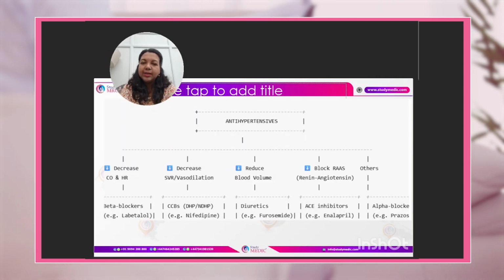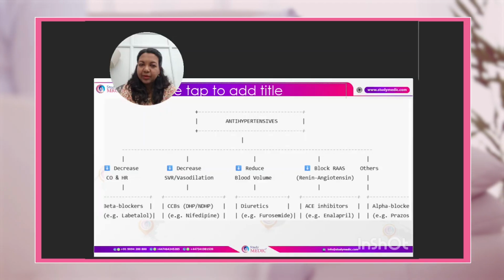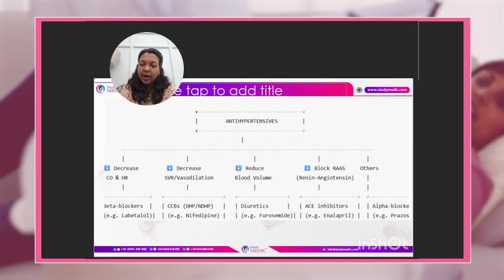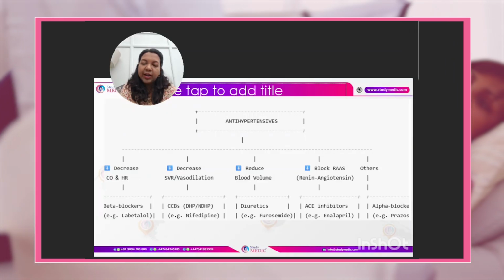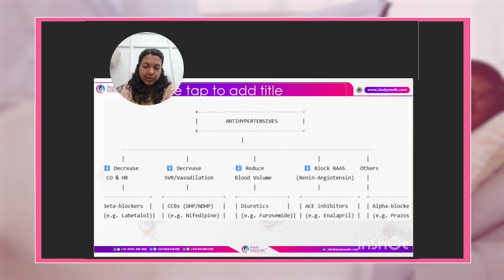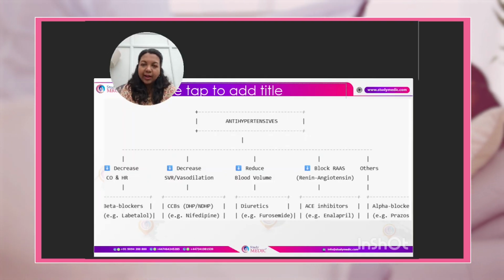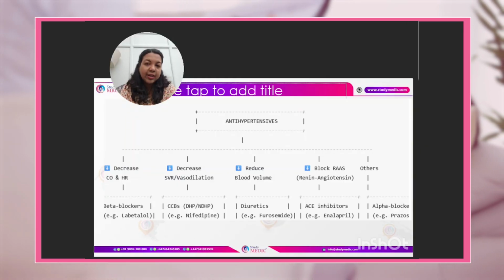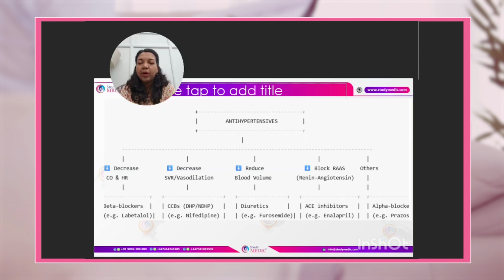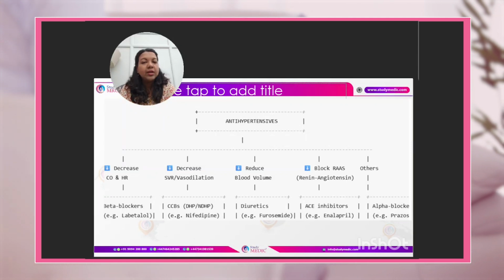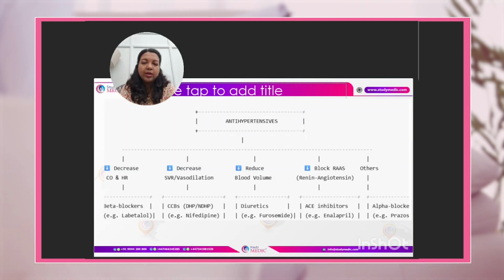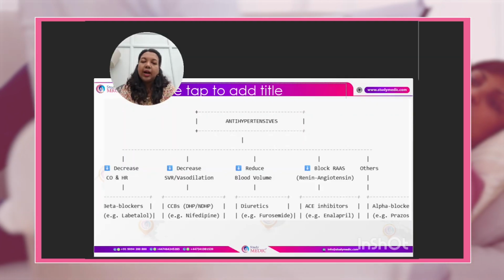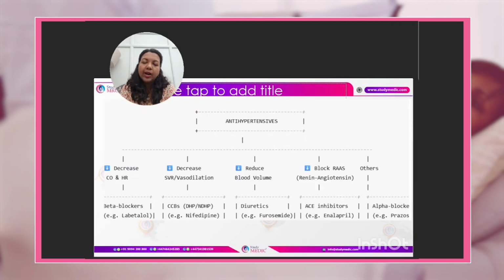The third group is basically the drugs which are mainly hydralazine. So before that, we can consider using alpha-methyldopa also. So first is labetalol, second is nifedipine, and third is alpha-methyldopa. Alpha-methyldopa is a centrally acting alpha-2 agonist drug, but it has to be avoided during postpartum because of the risk of postpartum depression. So within 2 days of giving birth, if the woman is on alpha-methyldopa, it has to be converted